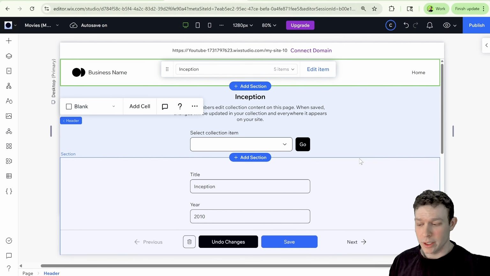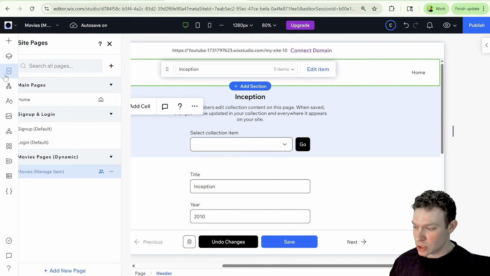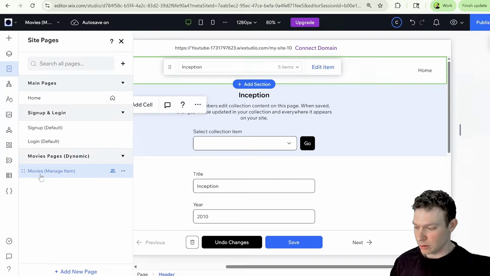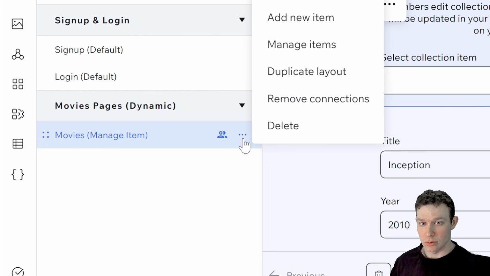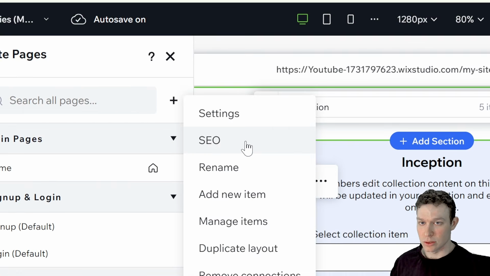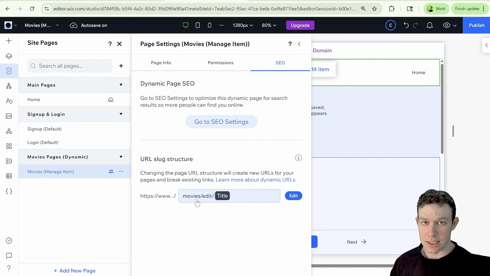One thing you may be wondering is, right after you created this page, great, how do I now get my users to these pages? So in order to understand that, let's take a look at how the URL is built for each one of these dynamic pages. If we go over here to our manage item for movies inside of dynamic pages, and go to the three dots, and then to SEO, then we can see the URL structure for these dynamic manage item pages, and you can see here that it's